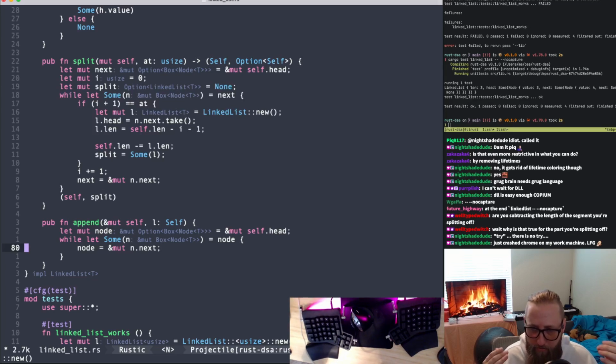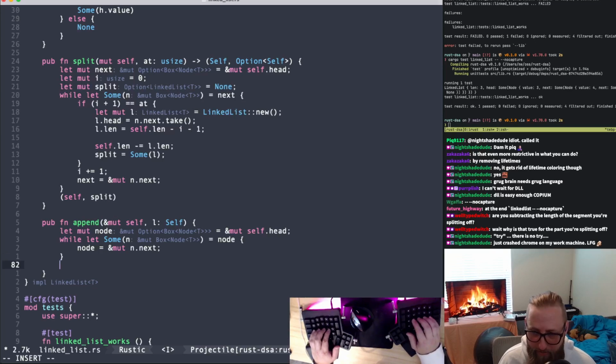And then this will keep going until n.next is none. And that's actually what we want. But let me think about this. In what case is this not going to work? I think this will work, but I don't know for sure. I think that I can then say